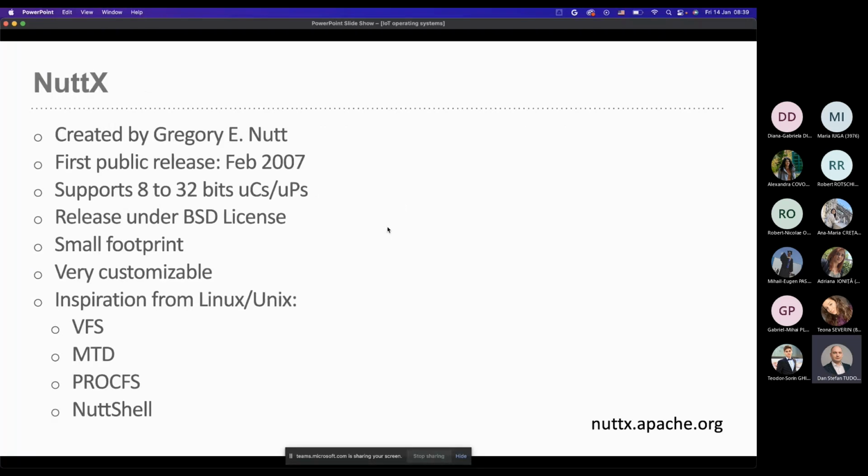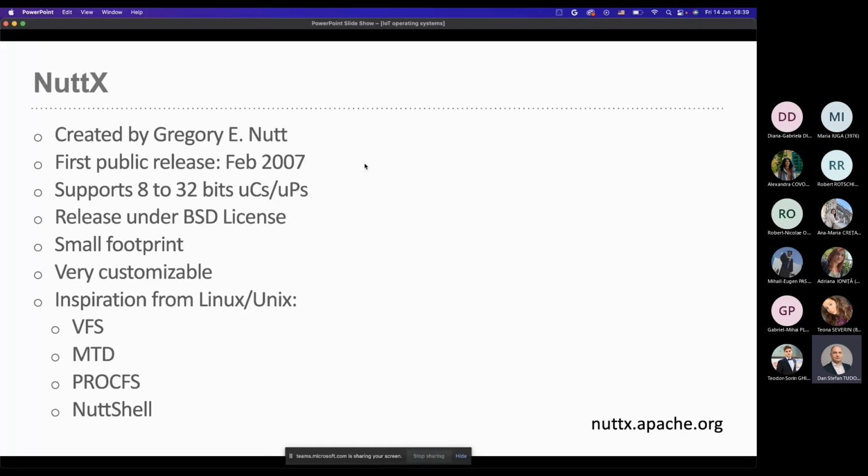Okay, the other one is NuttX. NuttX has been created by Gregory Nutt. That's why the name is NuttX. The first release was in February 2007. It's a very interesting operating system because it supports devices that are very wide ranged. So from 8-bit architectures such as AVR to full-fledged 32-bit ones, ARM processors, Cortex-M, for example, and you can